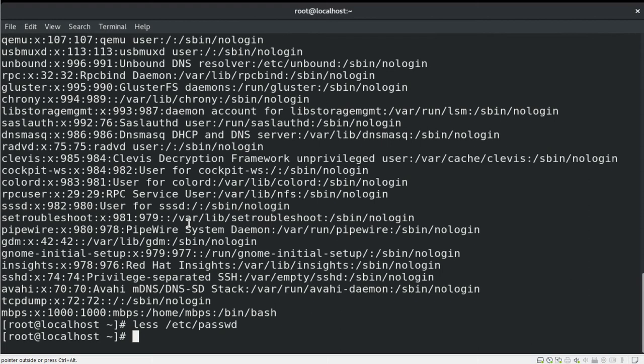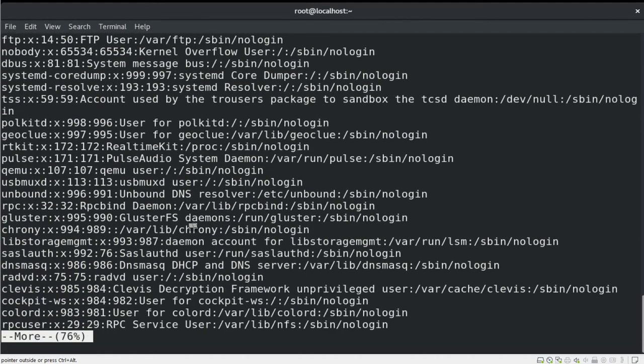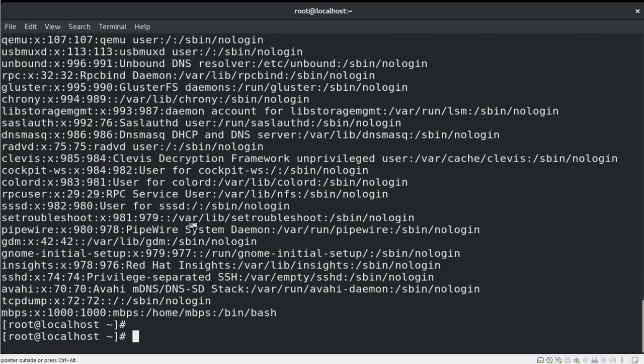Let's talk about the more command. More is almost similar to the less command. However, this will only provide the output on your screen percentage wise, and you cannot take a step back in more. So if you want to continuously check your file from top to bottom, then more is a much more suitable command for you. Once you complete the 100% view, it will automatically close your view.